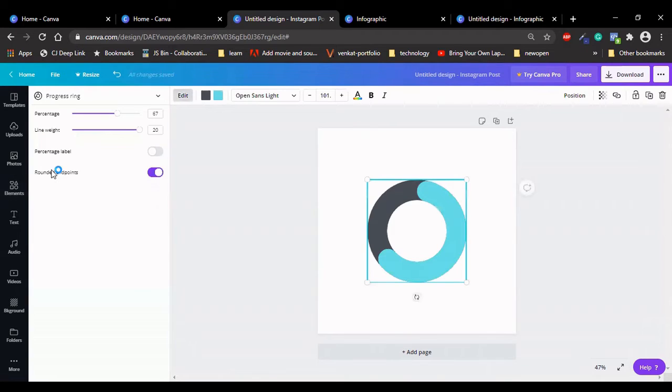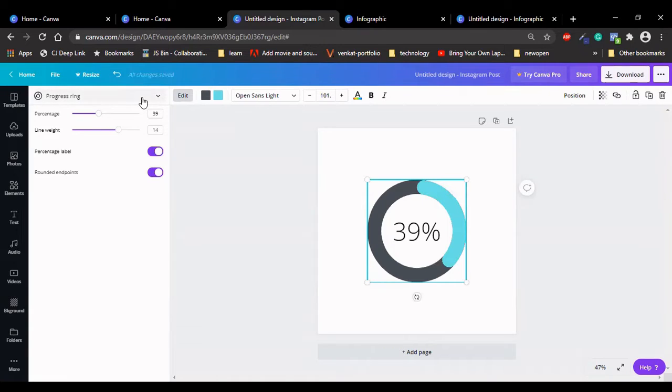Like you can select one and see, you can see the progress ring here, and you can also change the percentage you would like to change, have the percentage here, and also the line height of that ring can be changed here. And then you can also display the percentage label. I see 43%, which is mentioned in this percentage. It will automatically change as you change the percentage. And also the endpoints can be changed here, like flat or curved, one endpoint can be updated here.